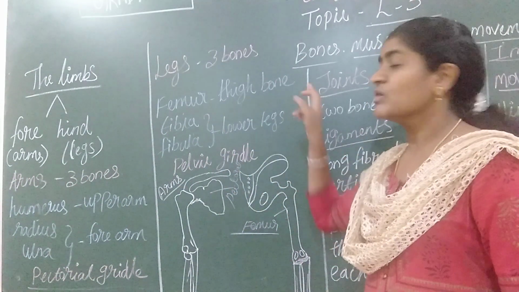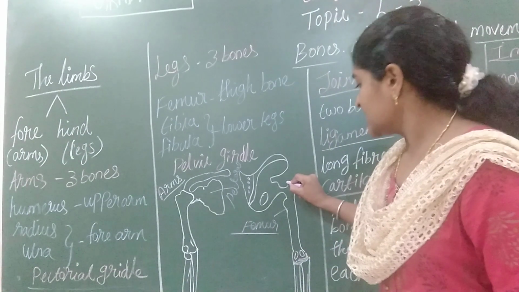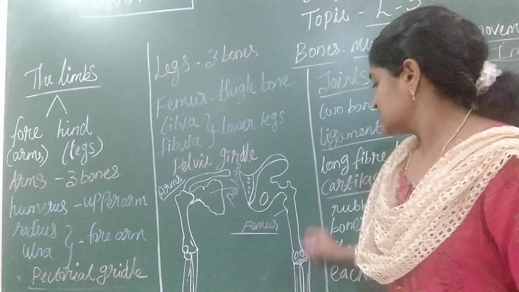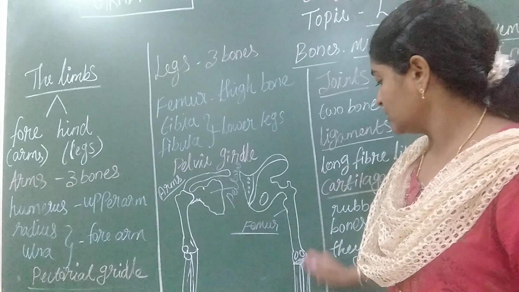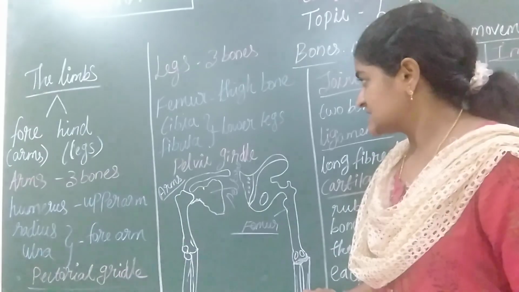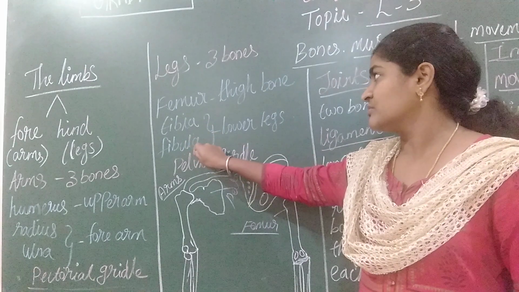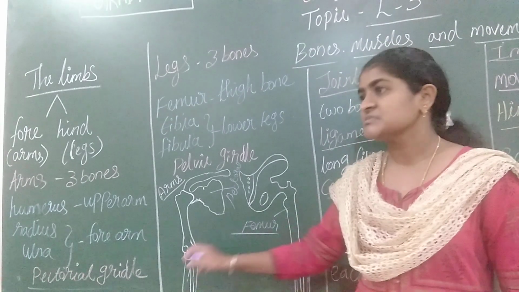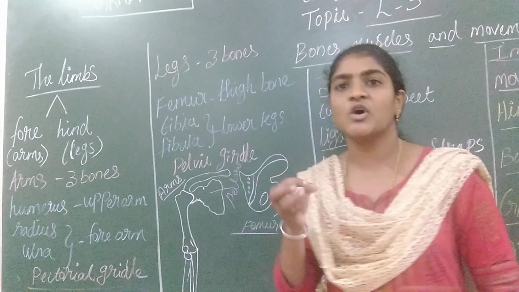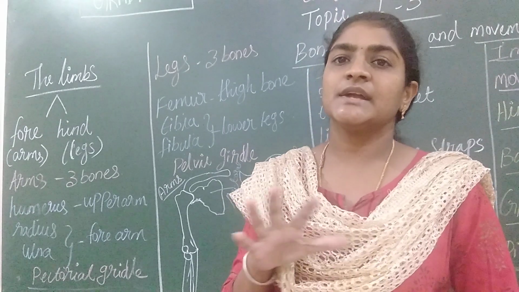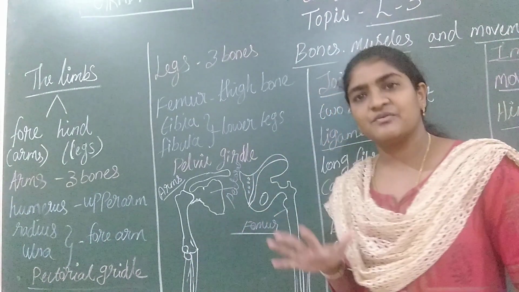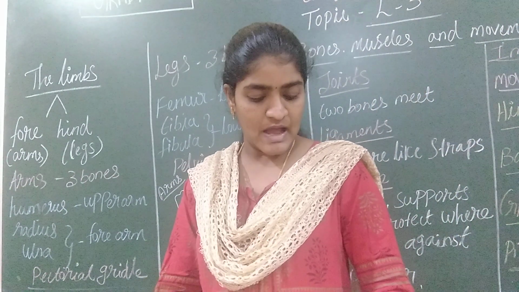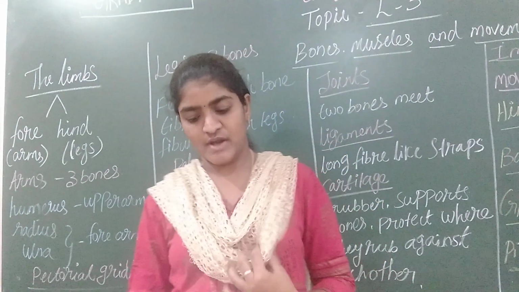The largest bone is called the femur. From the hip region till the knee, this is called the femur bone. After that, from the femur bone till the ankle, there are 2 bones, the tibia and fibula, present in the lower legs. In both the hind limbs and forelimbs, the fingers have very small bones. They all connect and form the feet, fingers and toes according to their manner. Next we are going to see about joints.